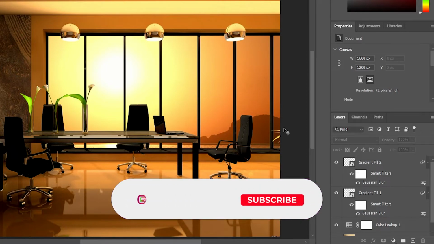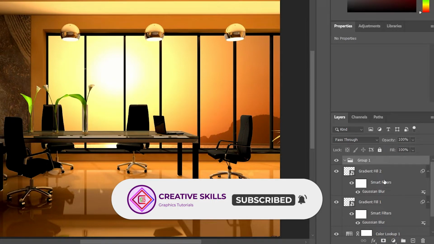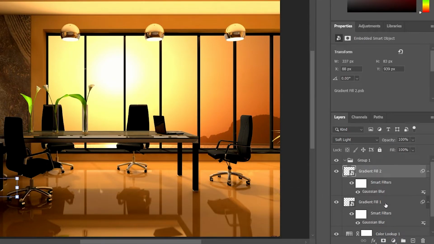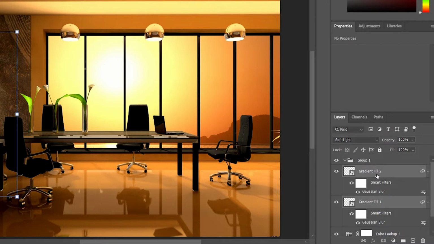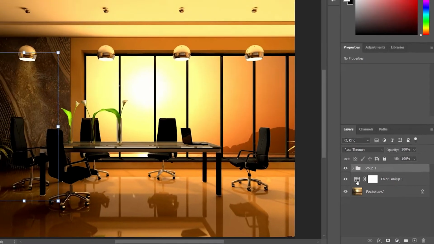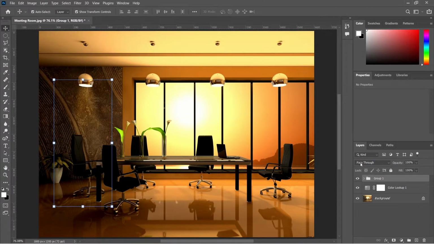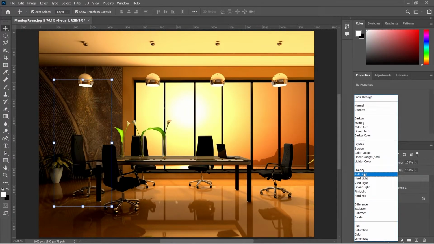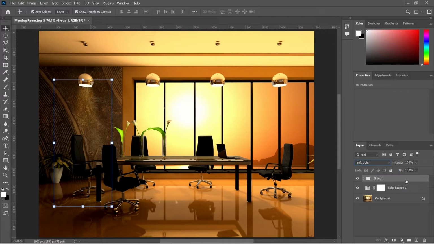Now I want to create a new group. I'll just click on the group and drag these two gradient layers into the one group. Okay, fine. Now I'll change the blending mode of the group to something like soft light. Now I'll duplicate the group by pressing the Ctrl J key